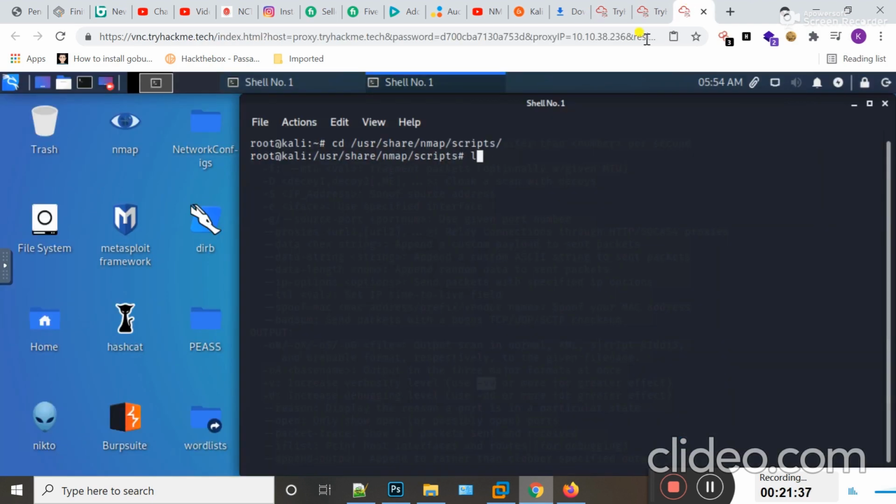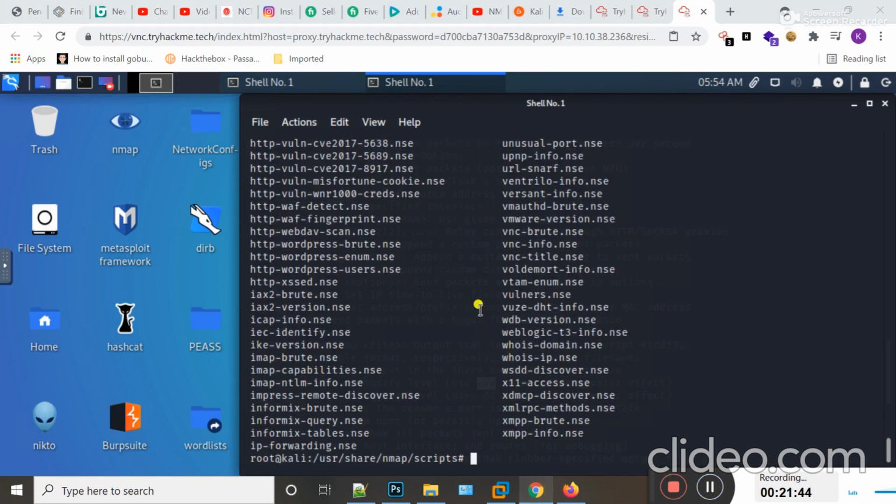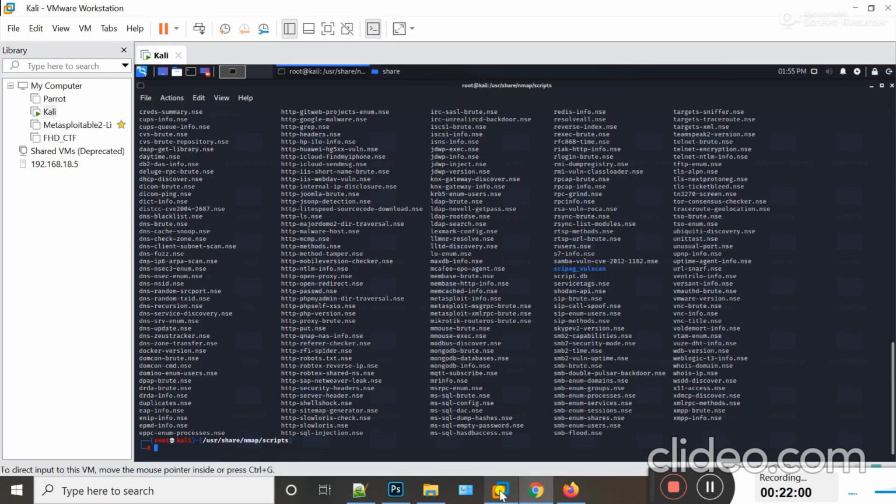So guys, to activate any script from this library, which switch can you use? A list of all scripts is present here. Now if I want to activate any of these scripts, then what should I do? I can activate any script by typing. Actually, I'm facing some internet problem. It takes a lot of time to show.